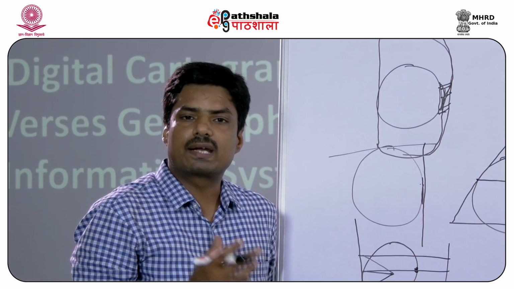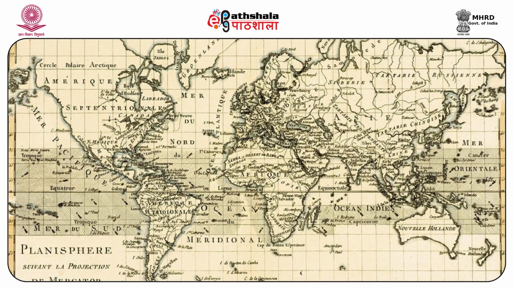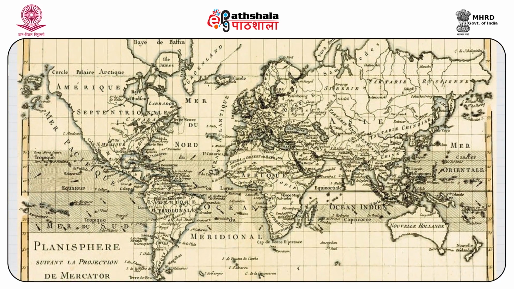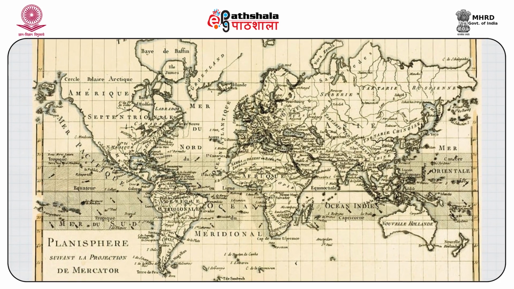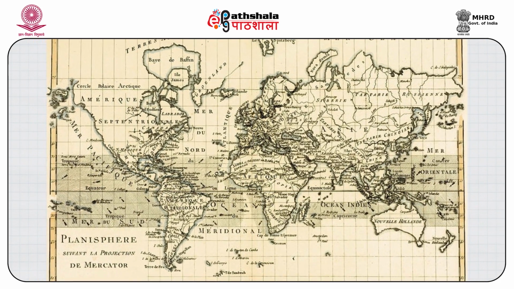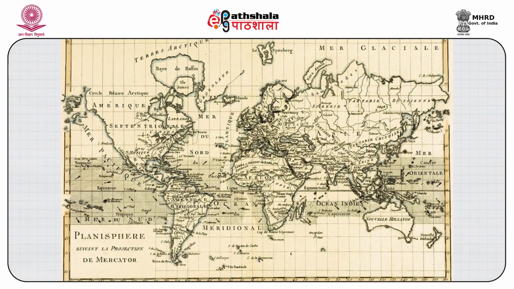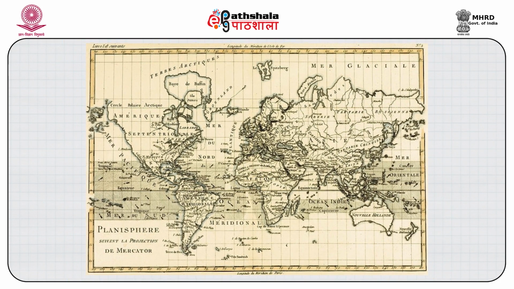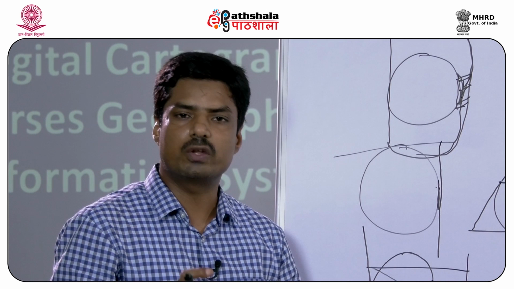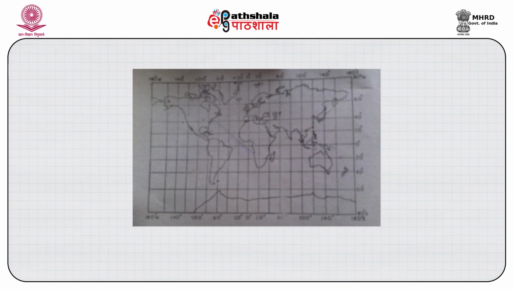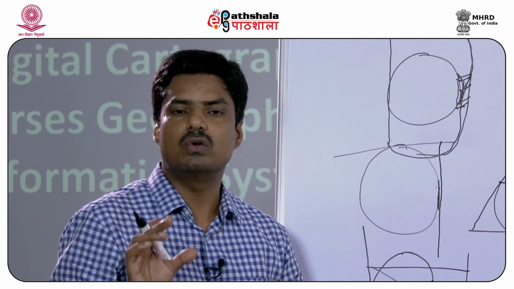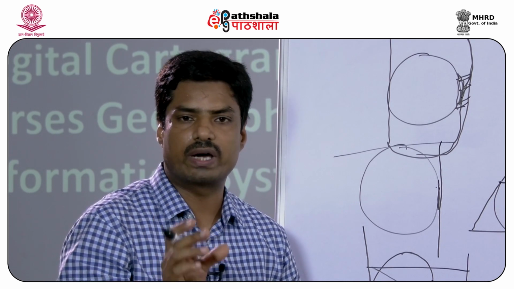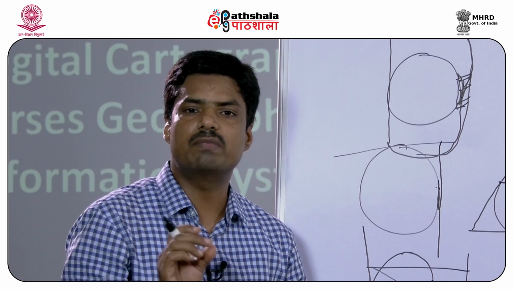You know, the Mercator drew his very famous projection on the basis of cylindrical projection, where the arrangement of latitudes and longitudes is parallel and they have equal spacing. The map shown as figure number 4 in your module is based on the Mercator's projection. The latitudes and longitudes are arranged in square grids,